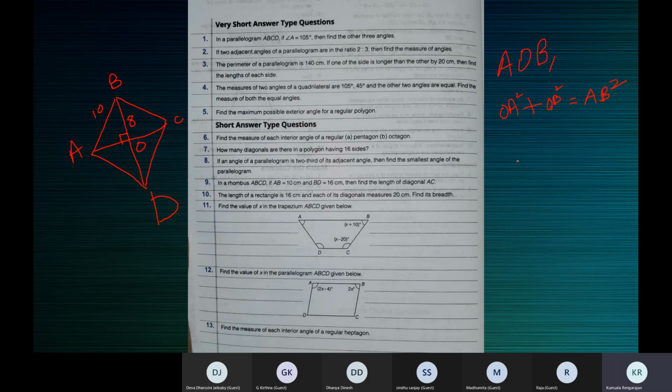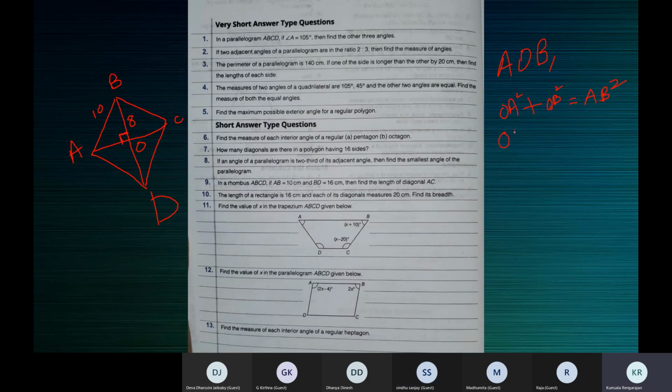Are you following me? Yes, ma'am. This is the right angle. Which triangle have we taken up? Triangle AOB. The side opposite of the right angle is the hypotenuse, which is AB. So square AB and have it separately. On one side you should have AB square alone. Then on the other side, the remaining two sides, OA and OB, square them and add them. Is this understood? Yes, ma'am.